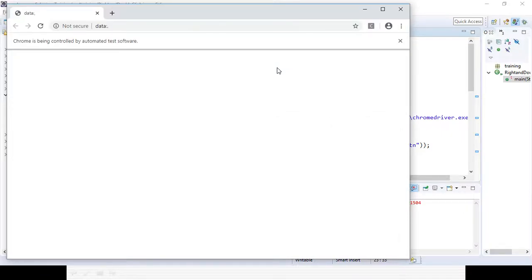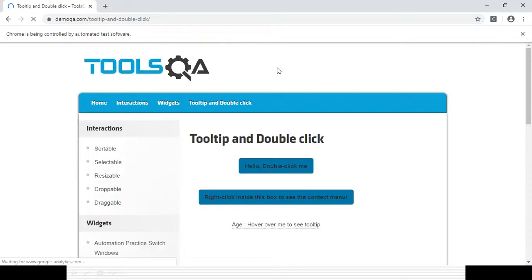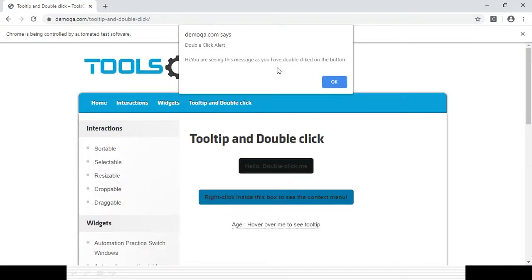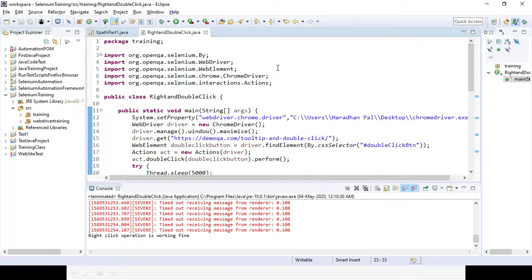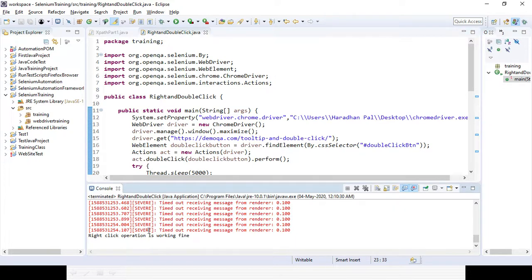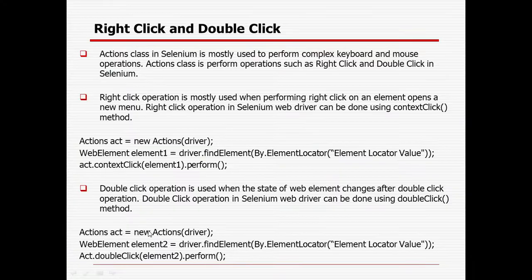It will launch the Chrome browser, it will pass the URL. You can see, okay, it is double clicking, and the error message is coming, and it is being accepted, and the output you can see: double click operation.